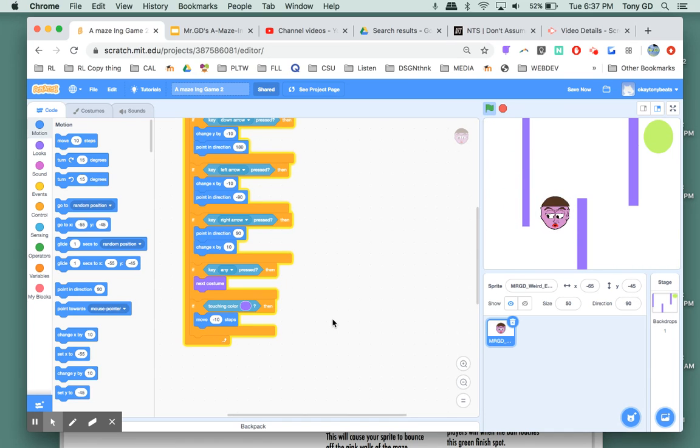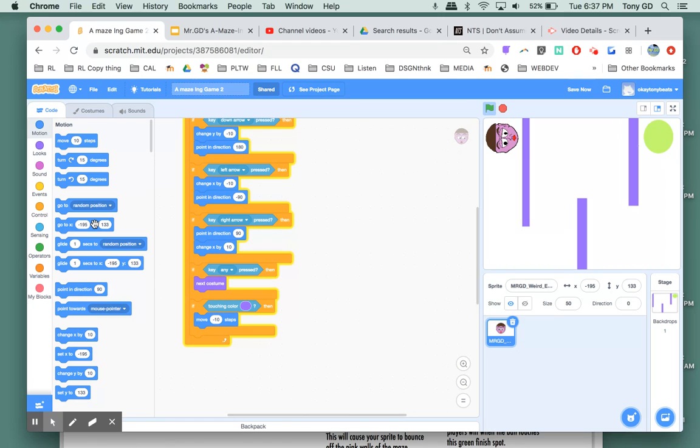This looks pretty good. Sometimes there will be small glitches. This seems to be okay. Let me show you one other option. If you remember, we programmed the sprite when you click the flag to go to a certain place. Well, you can do the same thing here. You can say, if I touch the wall, instead of going -10 steps, you could say, go to -195, 133,